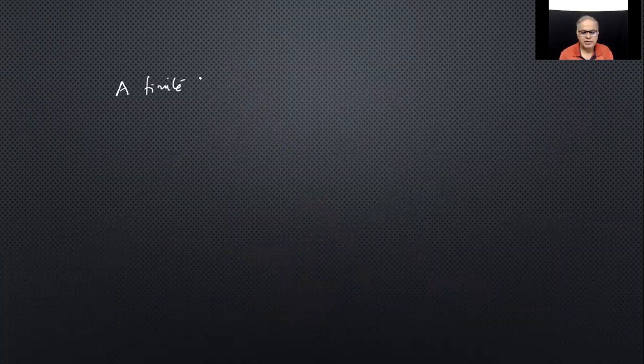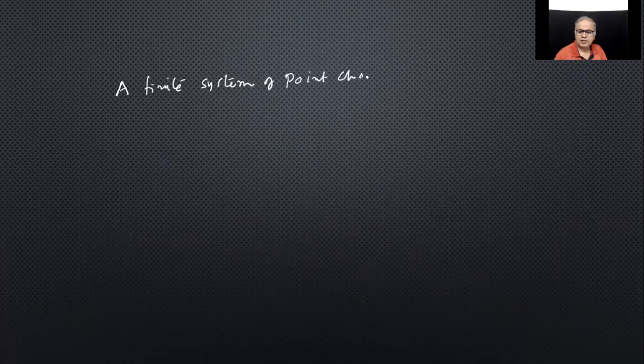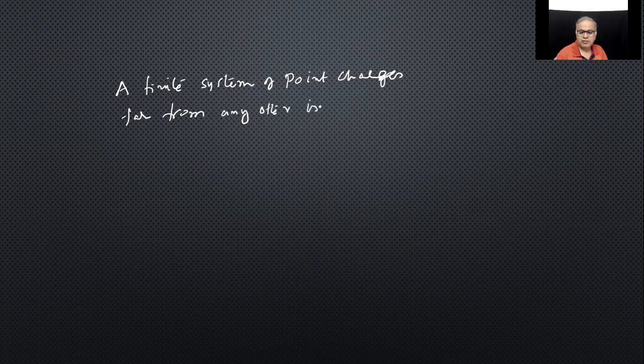A finite system of point electric charges, a finite number, I mean, a system of point charges far from any other influences,